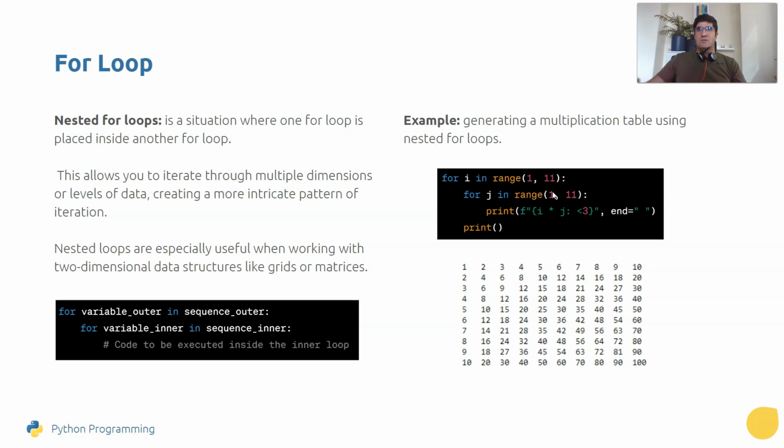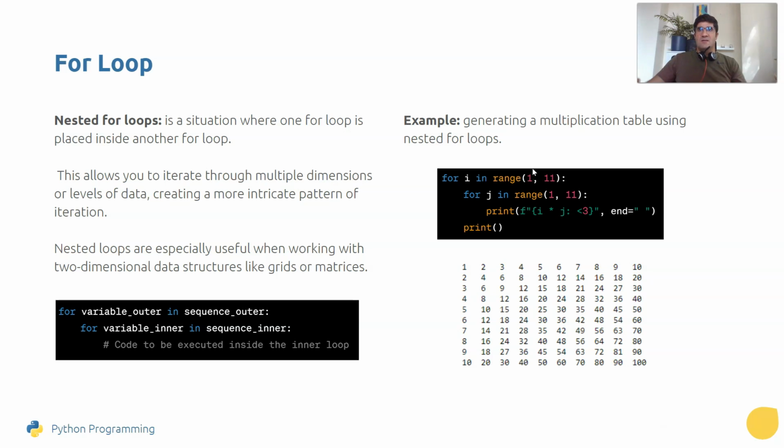And again it will go up and assign 4 to j, and i is still 1. 1 times 4 will be 4, and so on until we reach 10. So it will continue this process. When it reaches 10, we have all those numbers, and then we can print. In fact, using this print, we will push the next print to go to the new line, and we will